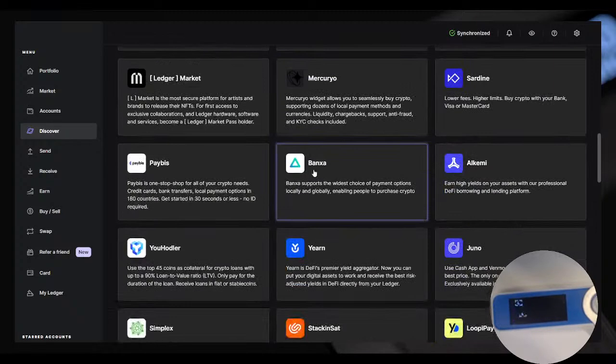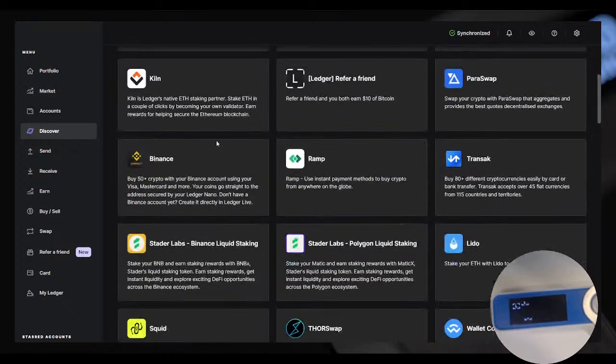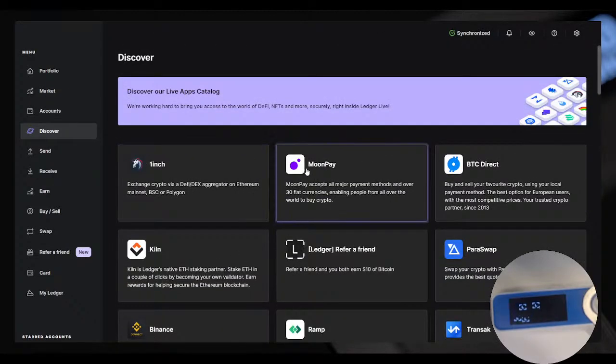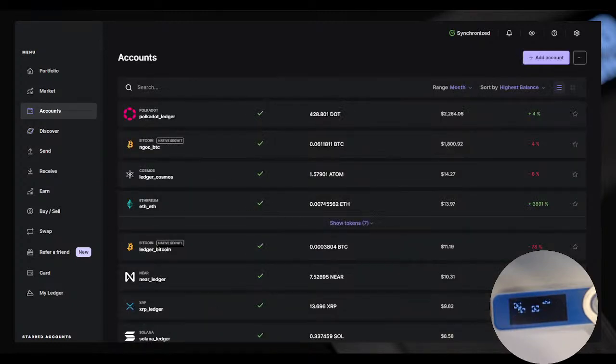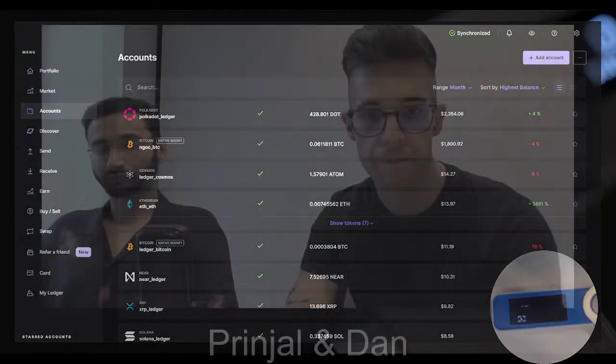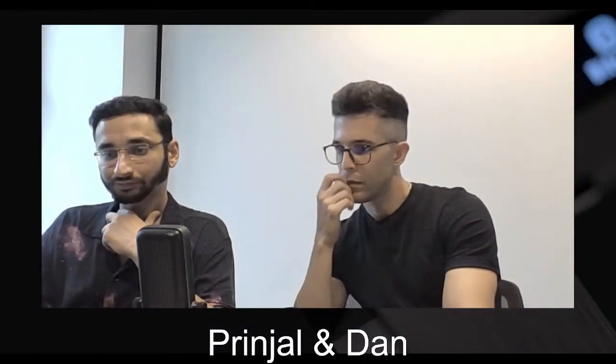cross-chain swaps. So there is a bunch of stuff here, and none of those apps require blind signing. Your device will tell you exactly what's happening every single step of the way. So just dig into the Discover section and see if you can find an alternative in there that might suit what you're trying to do. Yep. Next is